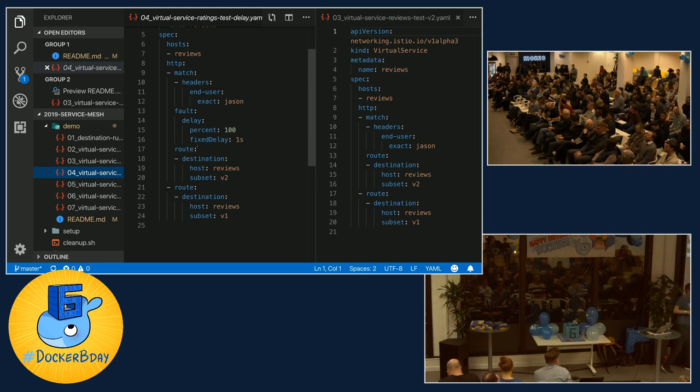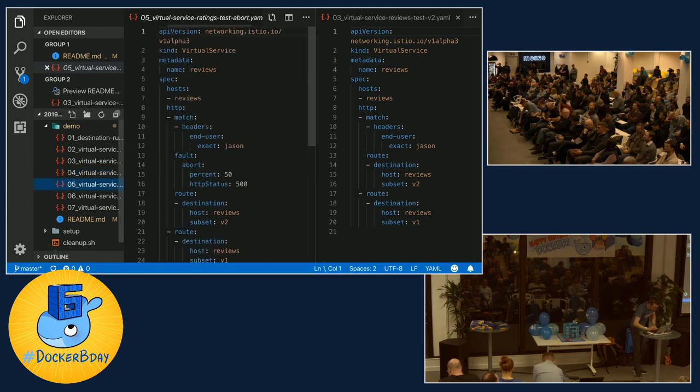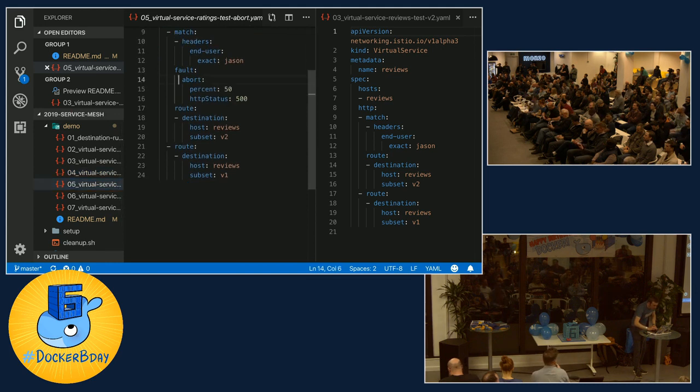Everyone else will still go to version 1. So in my live cluster, I've still got all my applications running, all the users going to the existing version, but the testers can start working through these other scenarios. I can do fault injection, as well as timeouts. I can actually reject all or some percentage of the traffic. So in this case, 50% of the traffic from the service will have a 500 response.